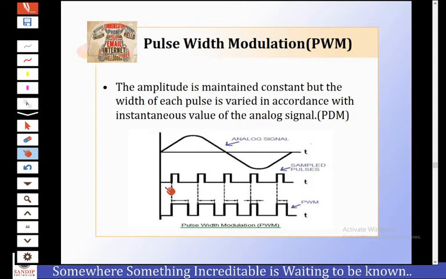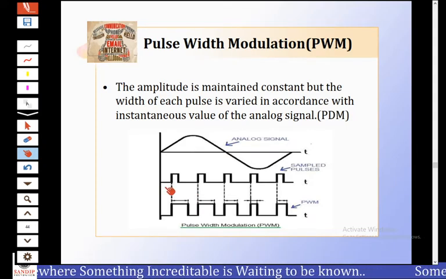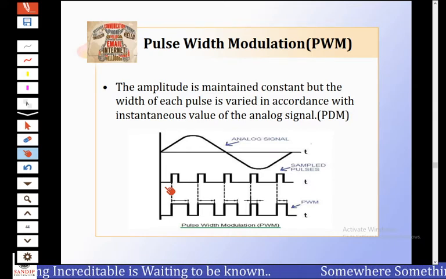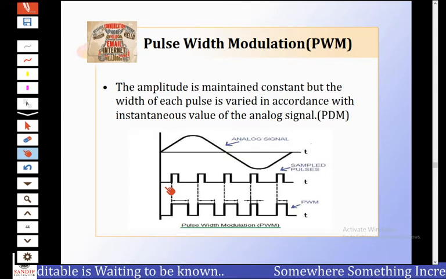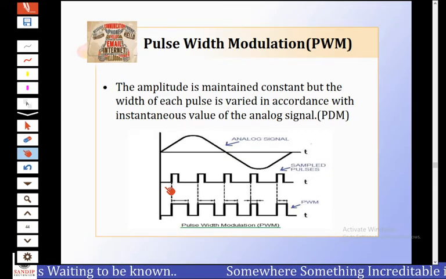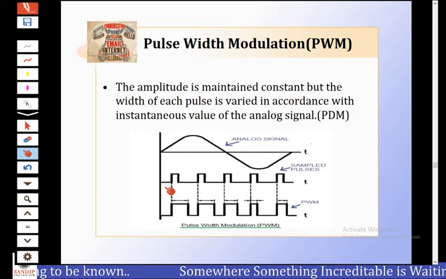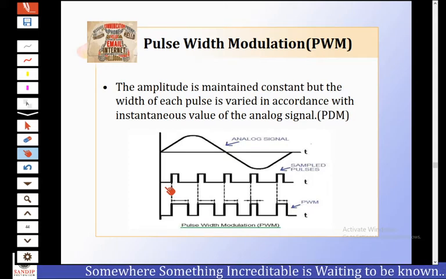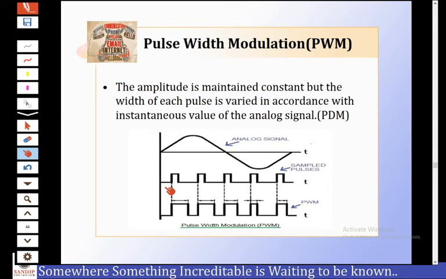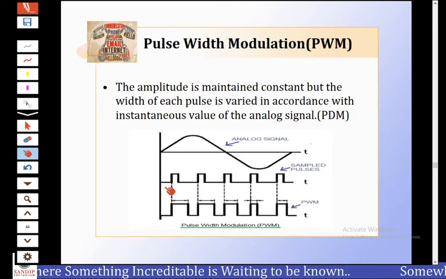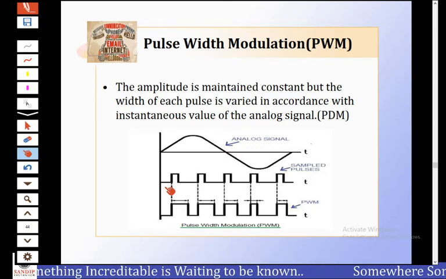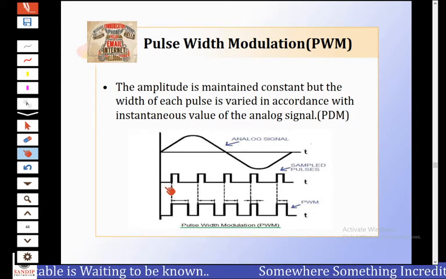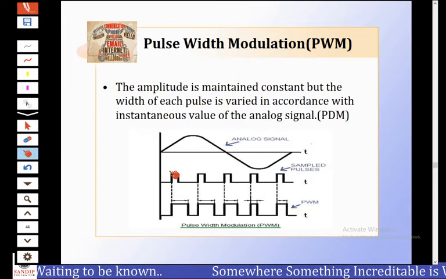As the noise is normally additive noise, it changes the amplitude of the PWM signal. At the receiver, it is possible to remove this unwanted amplitude variation very easily by means of a limiter circuit. As the information is contained in the width variation, it is unaffected by the amplitude variation introduced by the noise. Okay, so this is the advantage over the PAM. This PWM system is more immune to noise than the pulse amplitude modulation signal. Okay, so this is pulse width modulation.